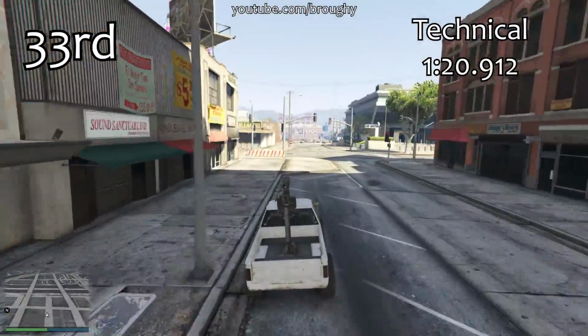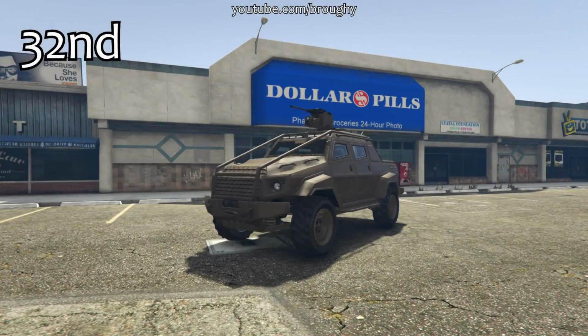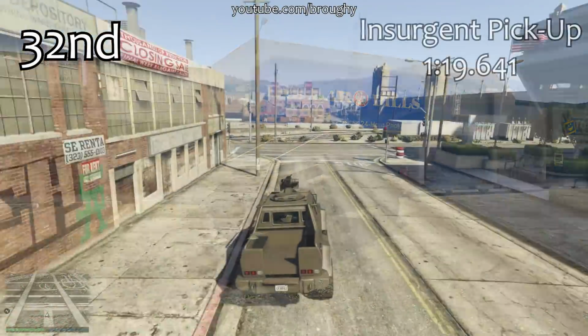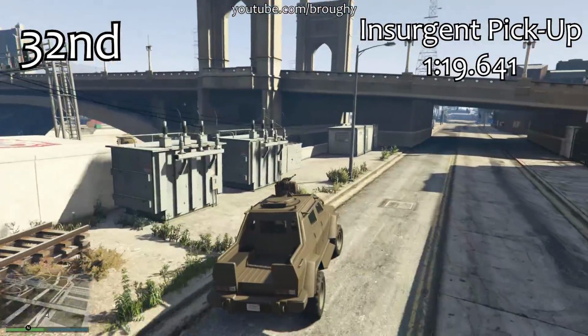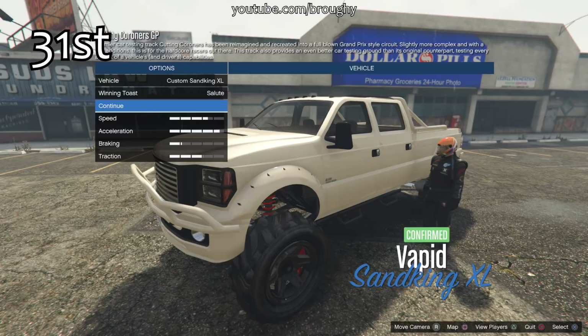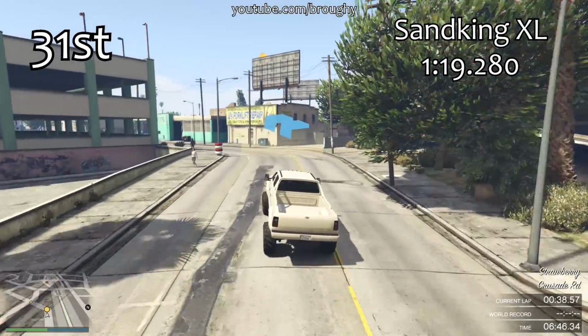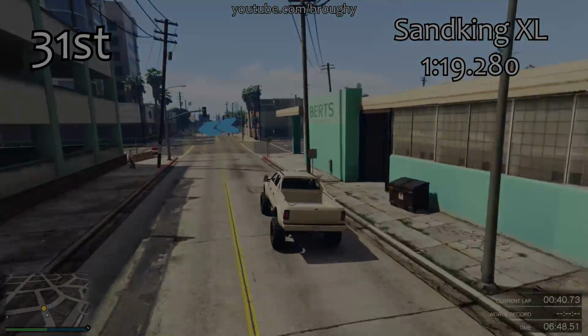So we're seeing the slowest vehicles right now, some interesting vehicles as well, for example the Space Docker, which is very much only available in single player, and some of the slower vehicles are some of the bigger weaponized vehicles like the Insurgent, pick up the technicals, things like that. And as we start getting into the sub 1 minute 20 aspects of the Sand Kings and